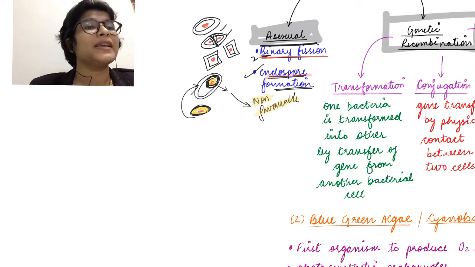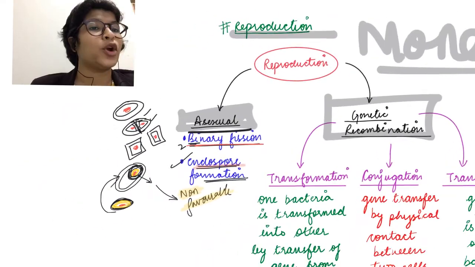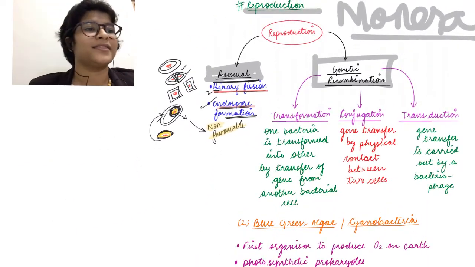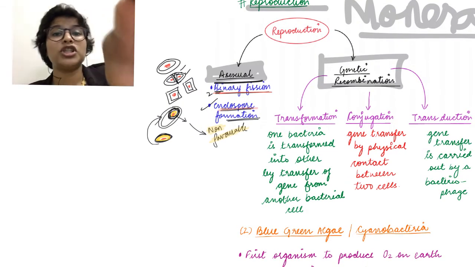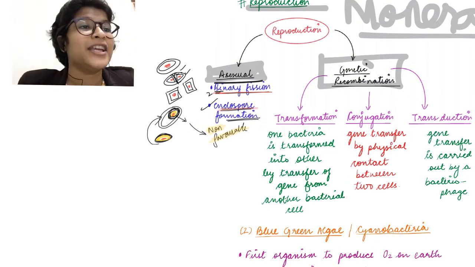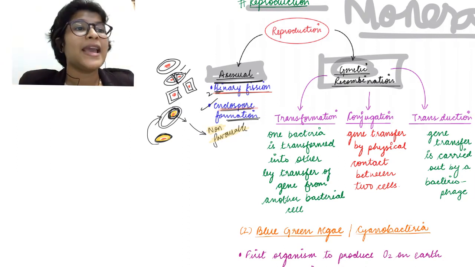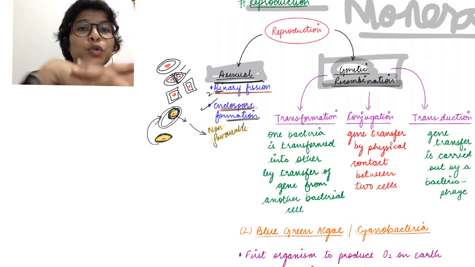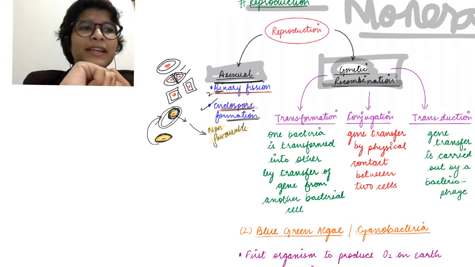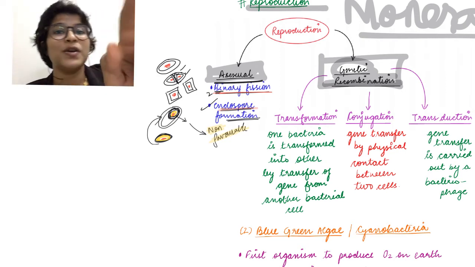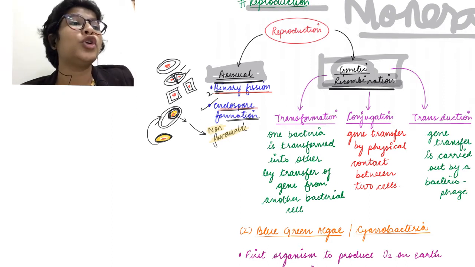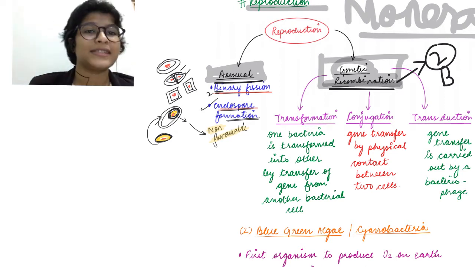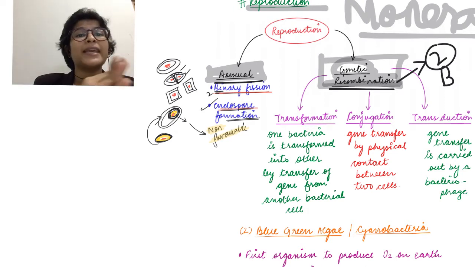Okay, the next is genetic recombination. ठीक है, अब genetic recombination यानी क्या? Genetic recombination शब्द से हमें क्या पता चलता है? Genetic यानी involving genes and recombination यानी mixing, right? So एक बैक्टीरिया का खुद के जीन से थोड़ी मिक्स करेंगे, we'll need another bacteria. So this involves 2 बैक्टीरिया, ठीक है, 2 बैक्टीरिया इन्वॉल्व इन दिस, ठीक है।